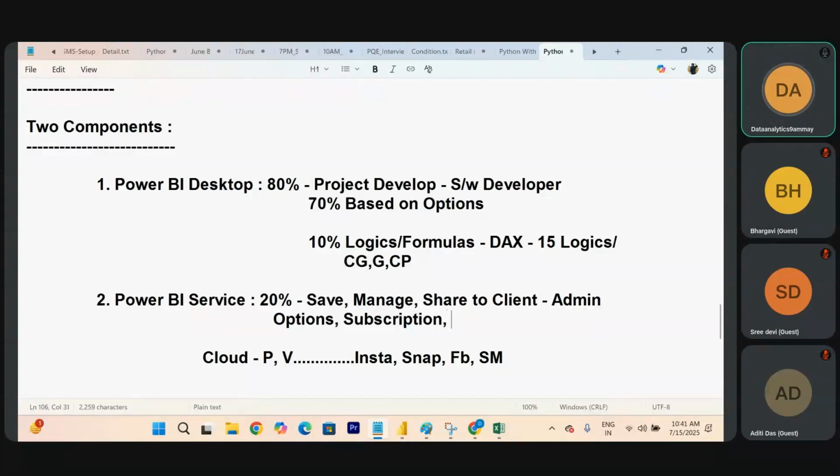So any permissions, who can see my dashboard, my data, everything, fine. These are all some of the admin activities done by your admin guys. Any refreshing work, any data coming up, any restrictions you want to provide, based on that, the admin guy will do. So both are different.